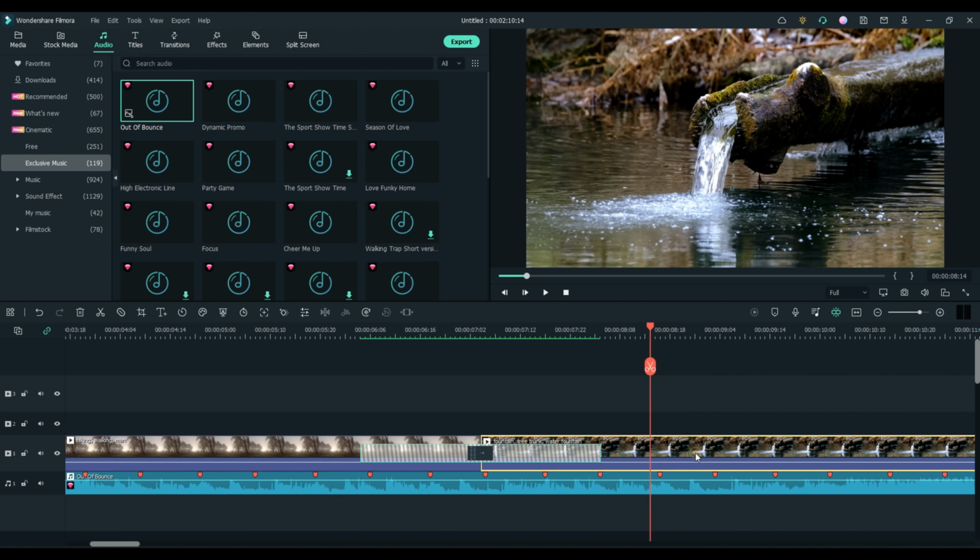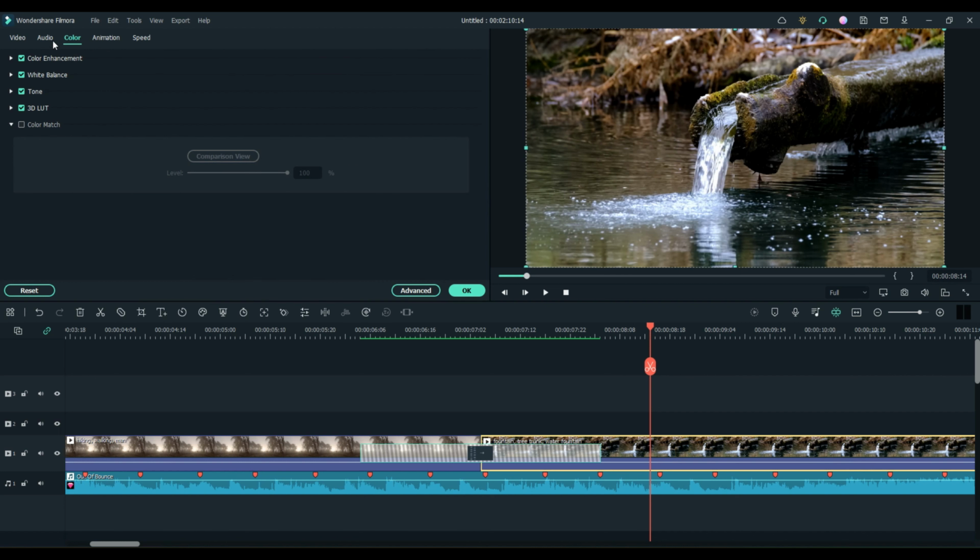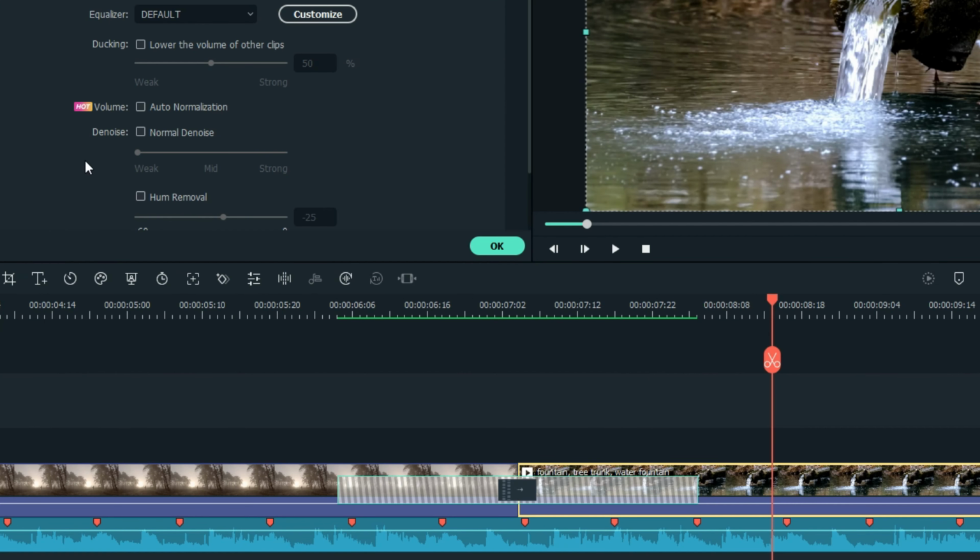Let's pick this clip of this flowing water. I'll just leave the transition there. Let's go ahead and double click it. Let's go to audio, and they have built-in ducking. You never heard of ducking? Watch the volume level right here in this clip. Just watch that while I click this button. You see what happened? So this clip